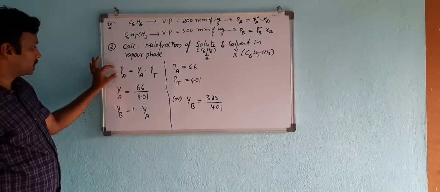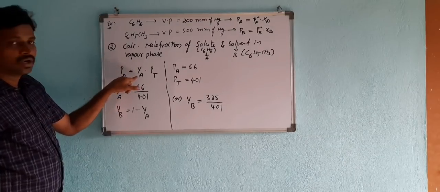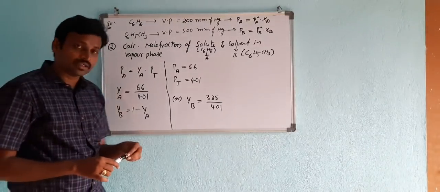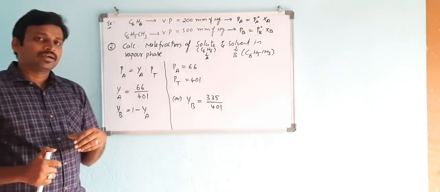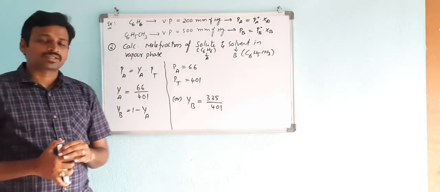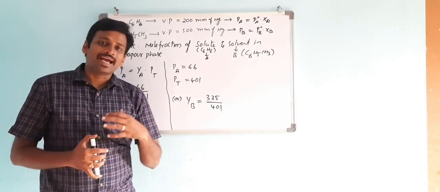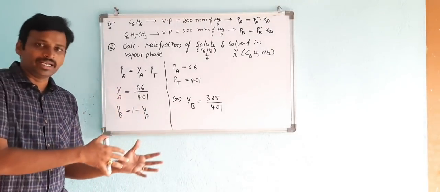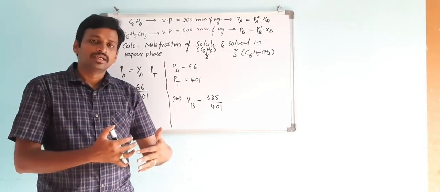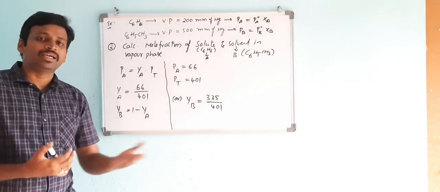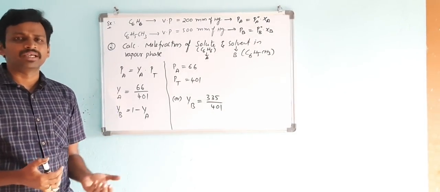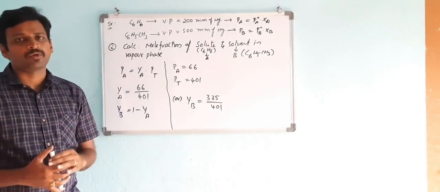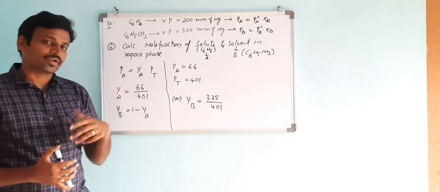The mole fraction of A in vapor phase I am going to find, so here you have a relation: PA is equal to YA into P total. I hope you understood this numerical, and next class we will discuss how solutions deviate from ideal behavior. What is ideal behavior and how particular liquids deviate from ideal behavior, meaning they show positive deviation and negative deviation. Very important, and you have to concentrate more on that.